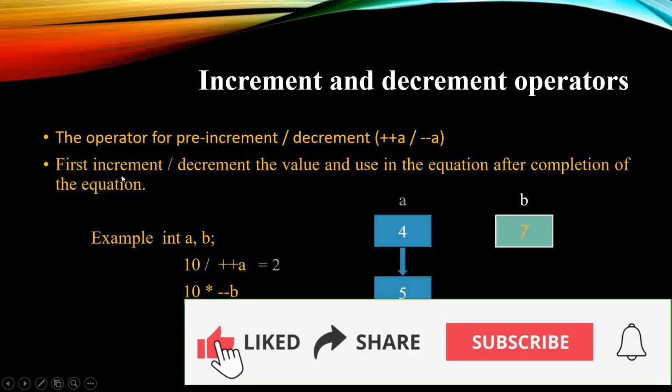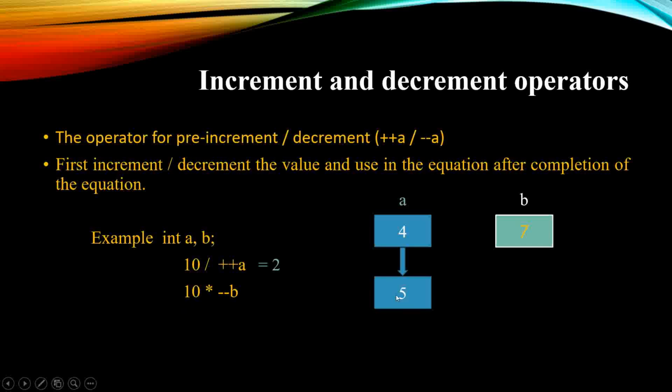After the completion of that increment, first we have to increment the value by 1 ማለት then we can use in the equation ማለት ነው። So decrement ሲሆንም ተመሳሳይ ነው። First decrement the value ማለት ነው። So 7 ነበር የቢ ቫልዩ እዚህ ጋር እንደምታዩ። So ምን መሆን አለበት? 6 መሆን አለበት ማለት then we can use in the equation ማለት። So 10 times 6 then it will be 60 ማለት ነው። አያችሁ 60 ማለት ነው።